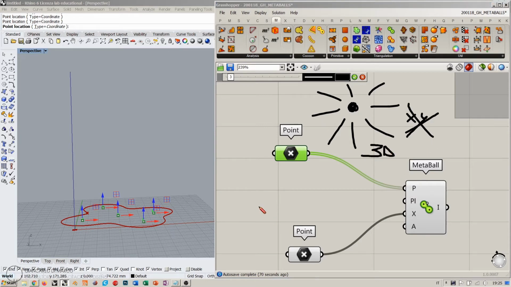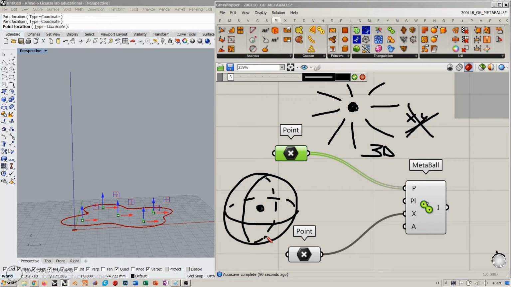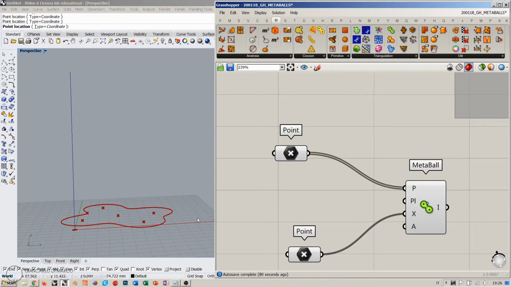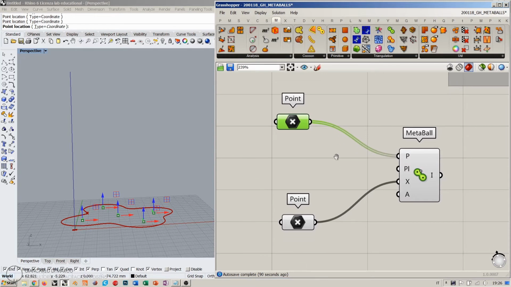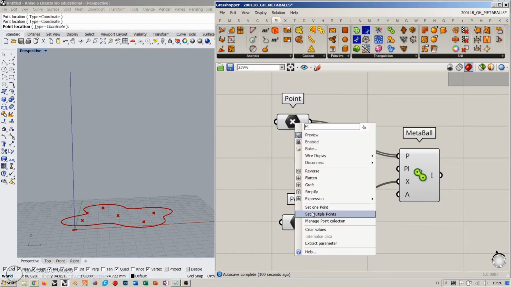So you must imagine that all around one of these points you will have a spherical area of influence for each of these points. That's why it's like having a three-dimensional vector field where we decide what is the cutting plane. So this is like an intersection between a three-dimensional field and this horizontal plane,